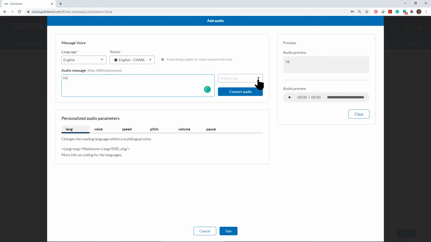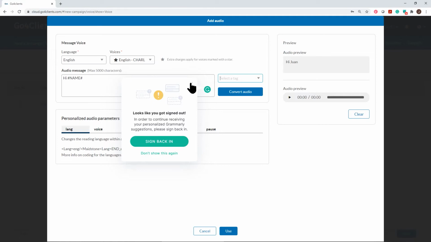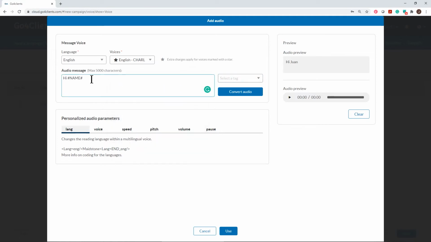Let's say hi, and let's select one of the tags from the database that I just uploaded. Because I want to personalize it, I'm going to choose name. That way this is going to read hi and whatever information you have on that database. In my scenario here, it's going to read Juan and all the names that I have there. So with that said, hi name, let's say here that we're going to say